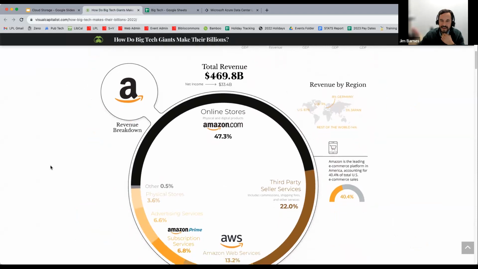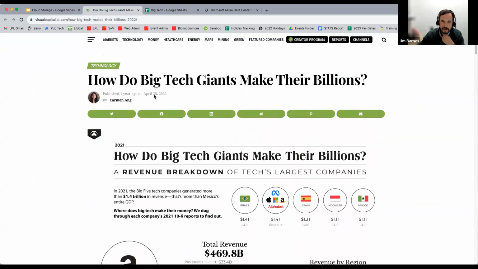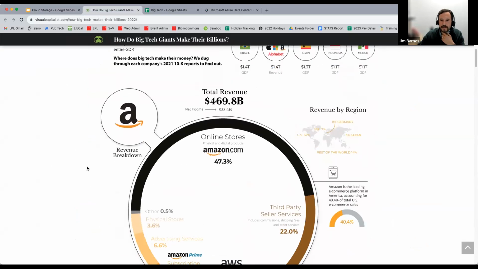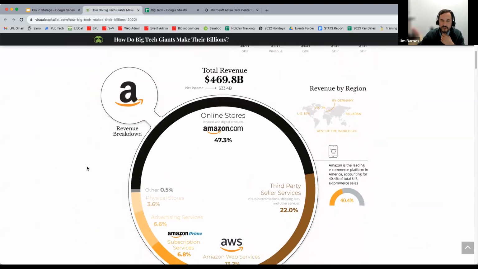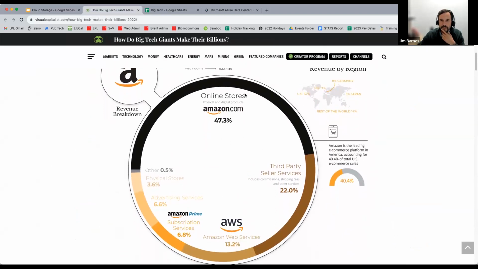And Amazon, this is a couple years old, 1 year old, not too bad. So Amazon revenue 470 billion or so. And if you look at this chart here, they make most of their money from their online store, Amazon.com. So I'm sure they make a cut of all the sales on Amazon.com.